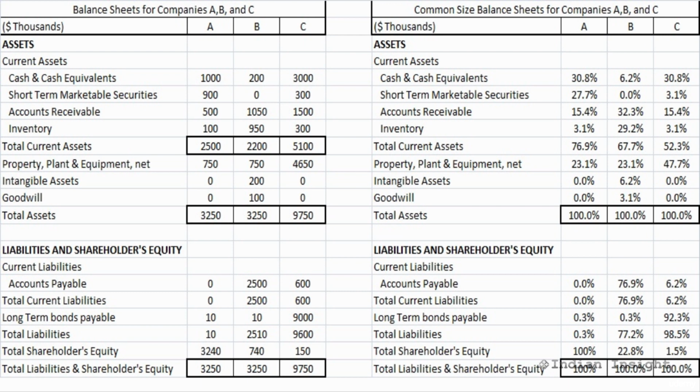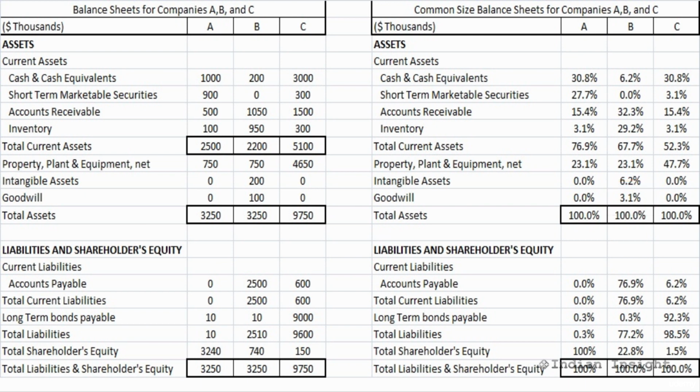So in this case, by comparing the asset composition, we see that Company C has made a greater proportion of investment in property, plant and equipment, probably because it manufactures more of its products in-house. On the other hand, the presence of goodwill in the case of Company B's balance sheet signifies that it has made one or more acquisitions in the past, as any excess price paid over the assets of a target company is recorded as goodwill on the balance sheet.